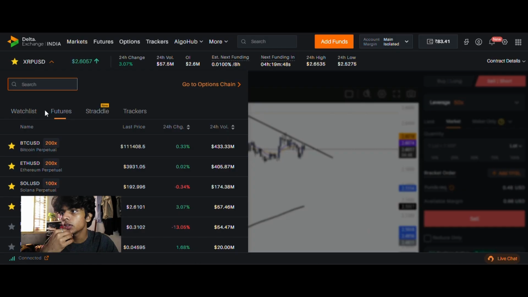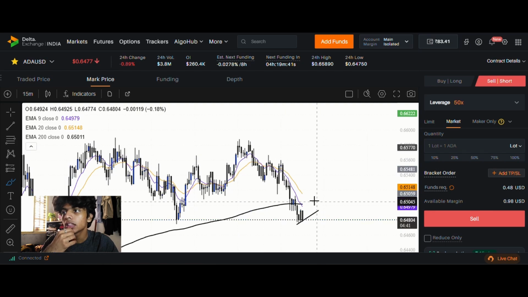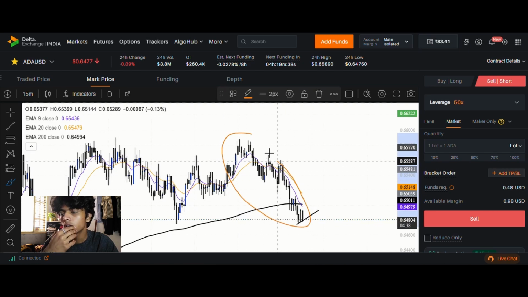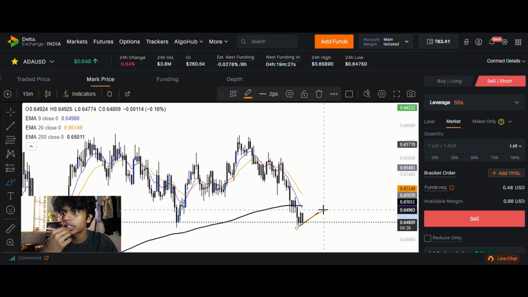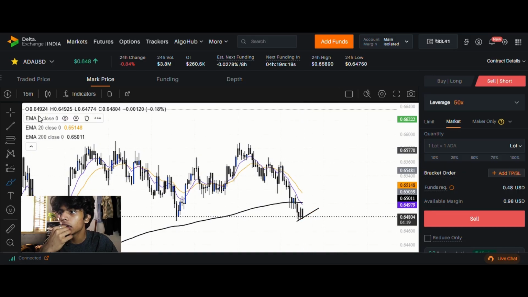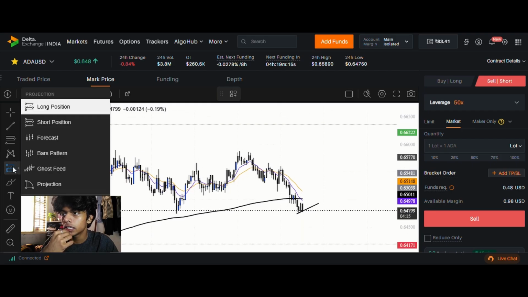And the other chart I'm going to be looking at is ADA USD. Over here, you can see the price just broke under the 200-day moving average, and we are under the 200-day moving average, so I'm going to be looking for shorts. And here there is a line forming. If you see over here, the line is forming and it has two touch points. Now I'm going to be looking to short over here. If the candle breaks under this line, I'm gonna take my entry right over, say, here,